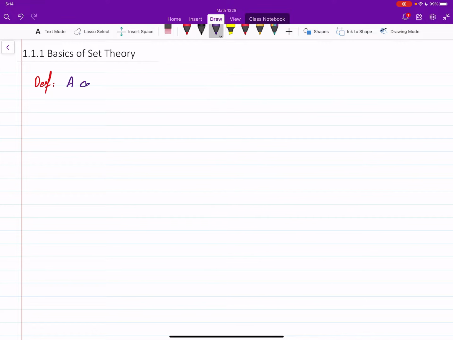A collection of objects is called a set. So you put any number of things, numbers, people, names, letters together, and that will form a set. For example,